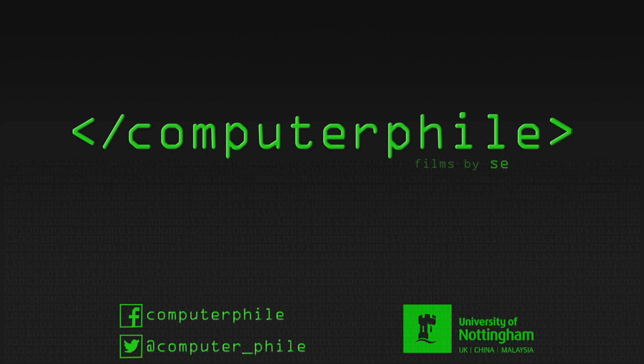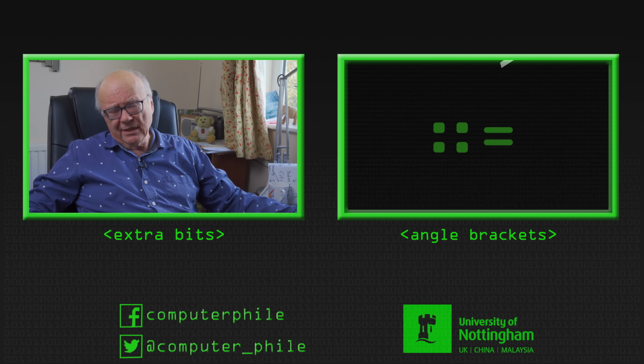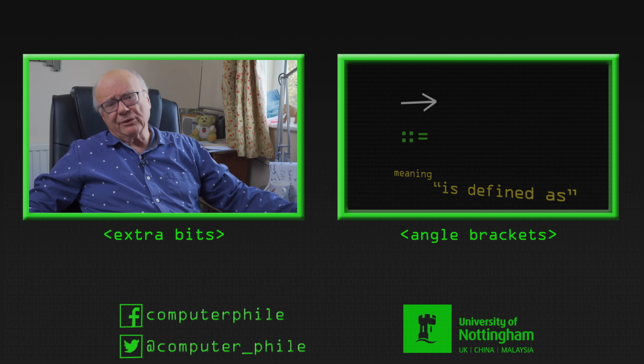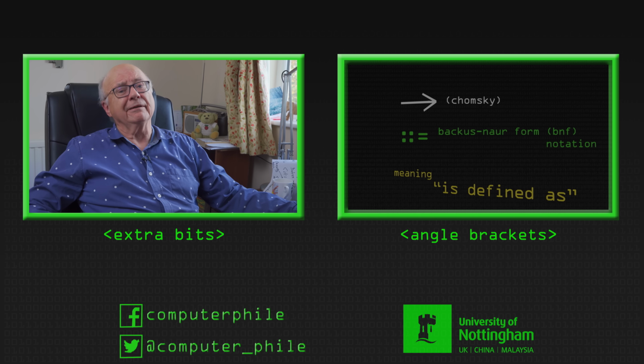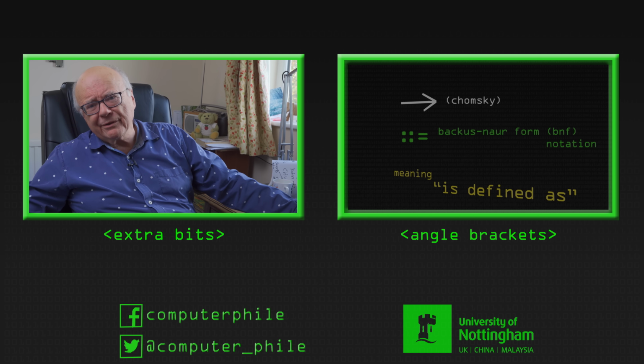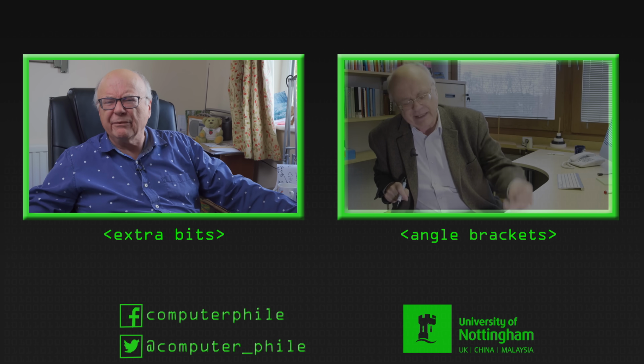Parallel work in America that they didn't know about had already got there ahead of them in many ways. I think some of their mathematical logician friends said, John, Peter, are you aware that there's a man called Chomsky in the USA? He's a linguistics man, but very, very, very